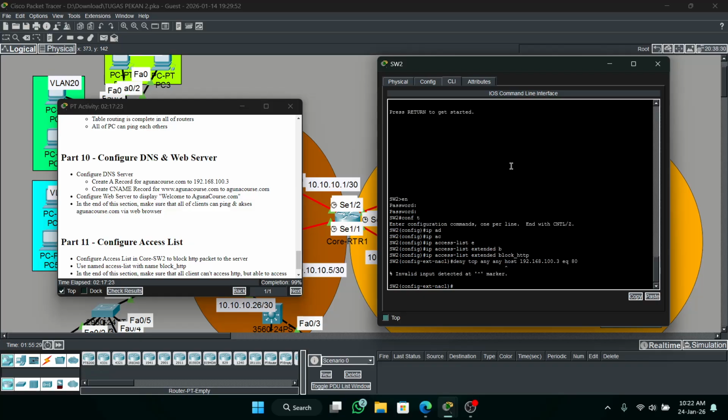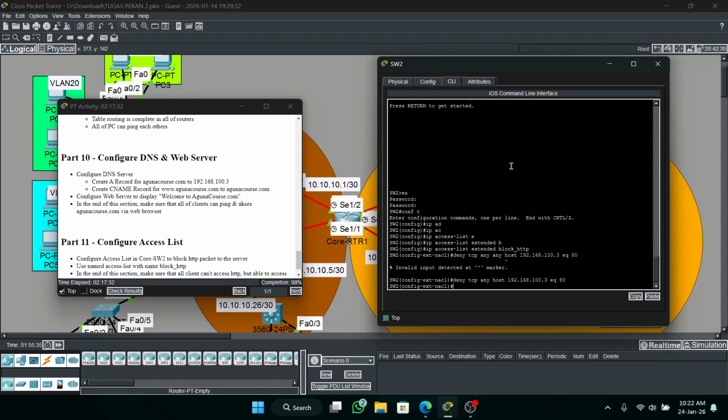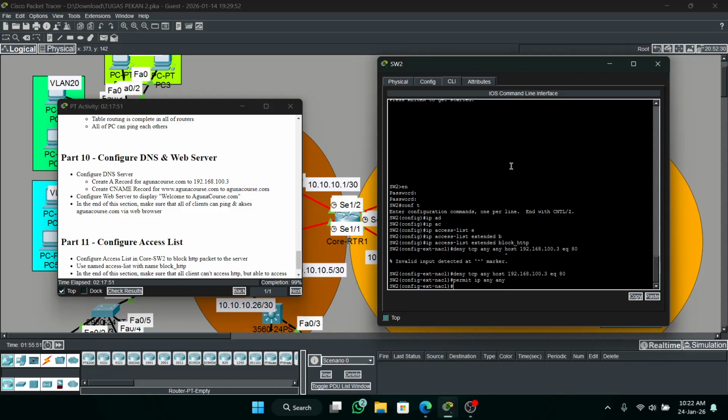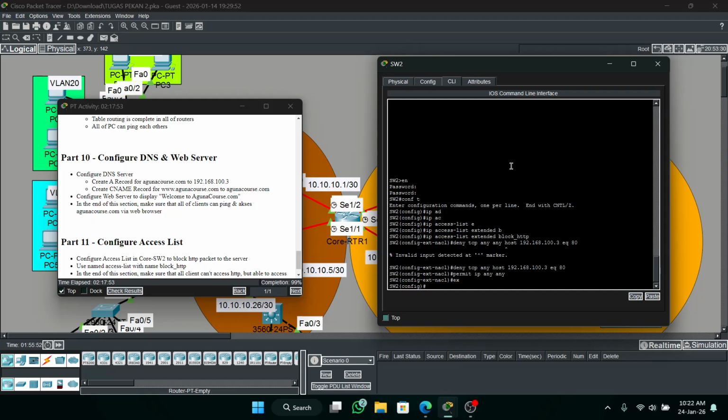Oh wait, host. Oh, this any just one. Yeah. After that, permit all IP addresses or VLANs. Okay, then exit.